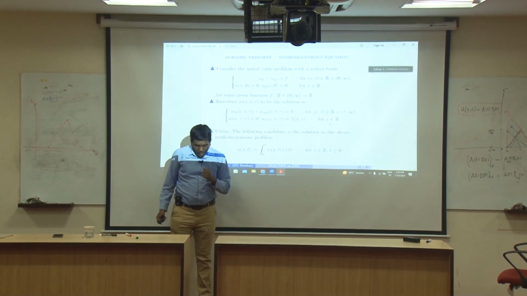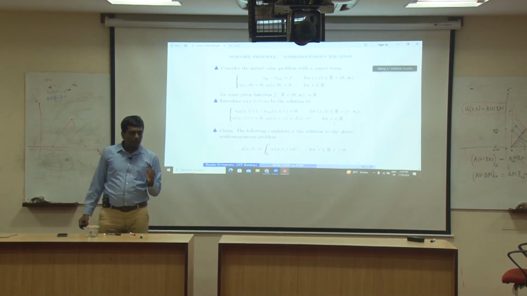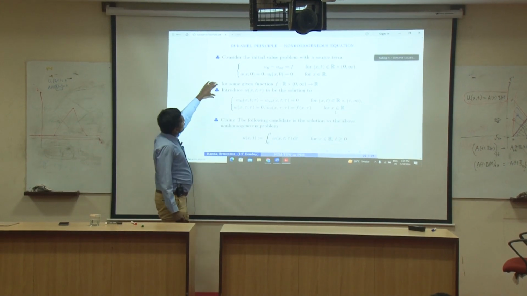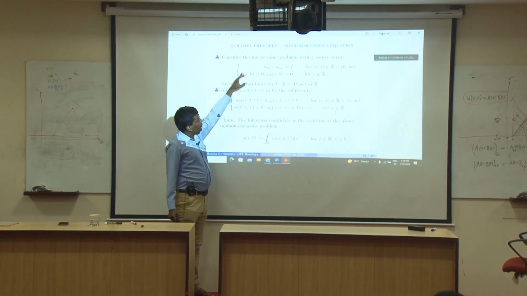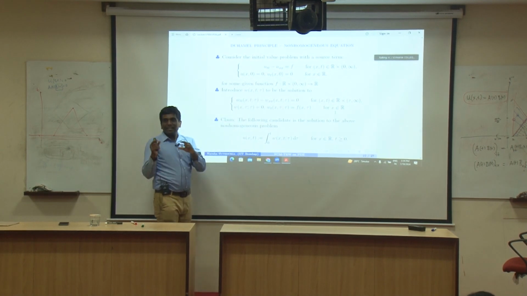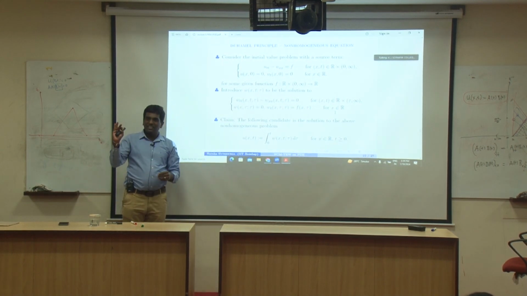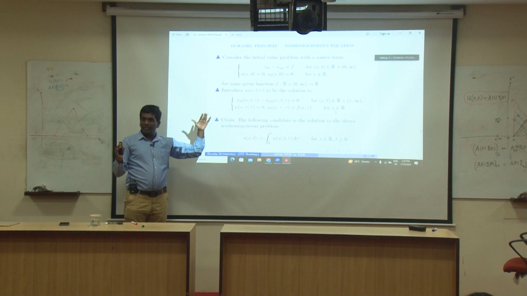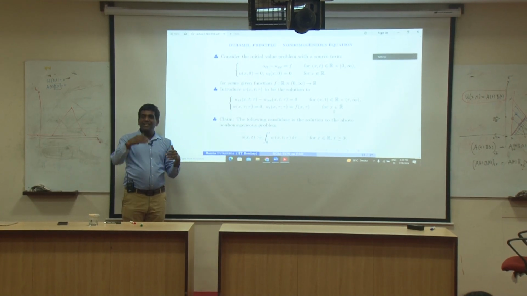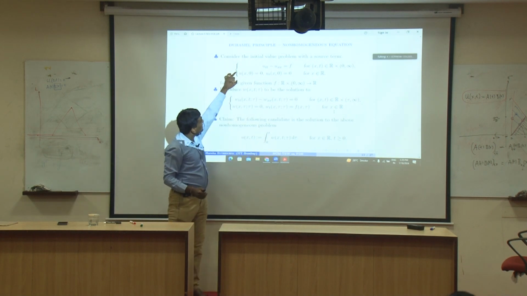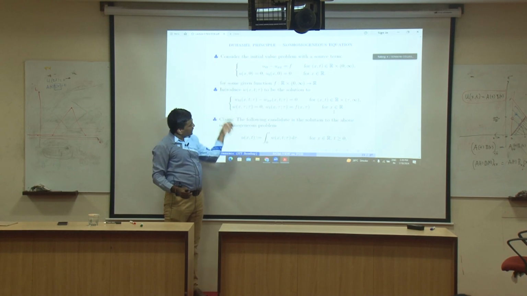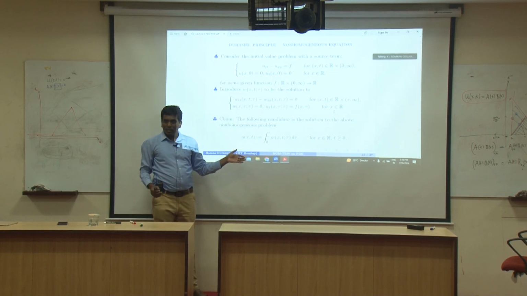So Duhamel's principle essentially tells you that if you want to solve the wave equation with f as a source term, you feed that source term as velocity at every time slice, and you solve separate wave equations. And all those solutions that you obtain, you simply integrate from 0 to whatever little t you are interested in. And that fellow turns out to solve this equation. Okay? We will try to show that this is indeed the case, but this is the principle.